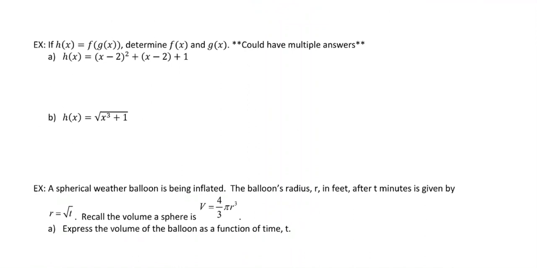Okay. So let's go. h of x is equal to f of g of x. Determine f of x and g of x. So the idea here is you could have multiple answers in this case. They're saying that h of x, our new function, was made from two other functions. It was made from f of x and it was made from g of x. Any idea what, let's say, f of x would be equal to when you're looking at this function? f of x would be x squared plus x plus